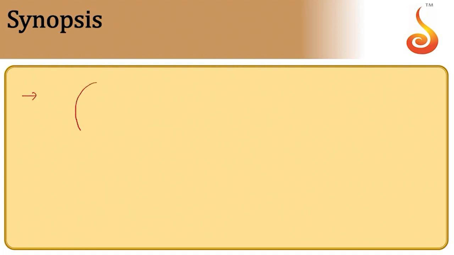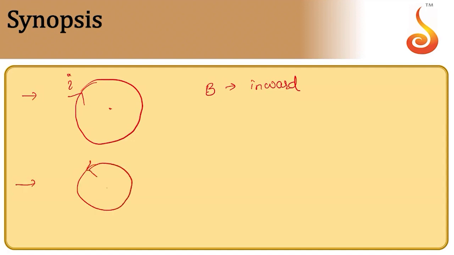Suppose I consider such a current carrying loop. Let's assume that the current is in the clockwise direction, then the magnetic field is in the inward direction. Suppose the current is in the anti-clockwise direction, then the magnetic field is in the outward direction. I am speaking of the magnetic field inside the coil, of course. I can show the field lines like this. Outward can be shown with the help of a dot. So this is the representation of the magnetic field.